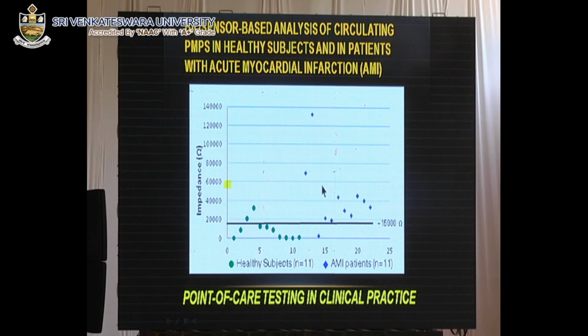So most of the individuals in acute MI, their impedance is towards the higher side. Interesting, you see this one. This is apparently normal, but they are on the higher side. The question is whether these individuals can have some danger lurking behind. So this is a high risk group,